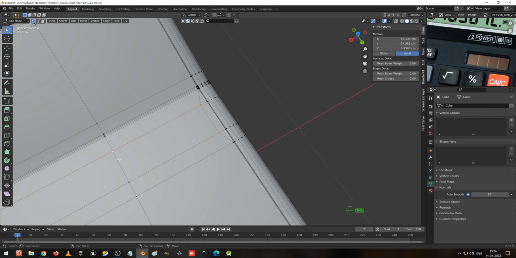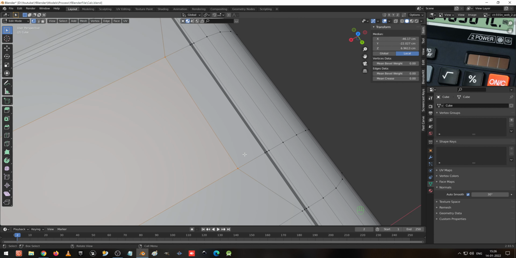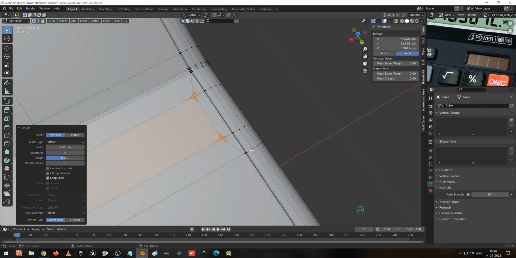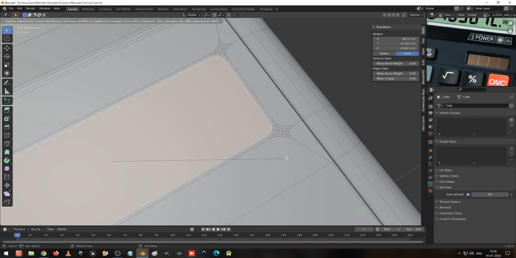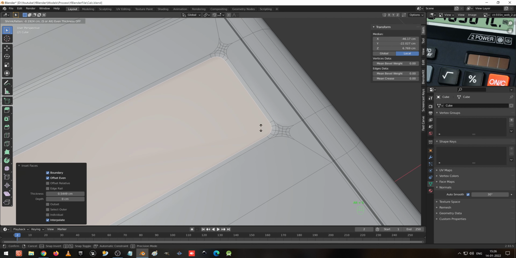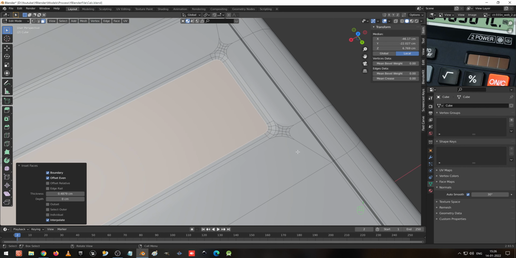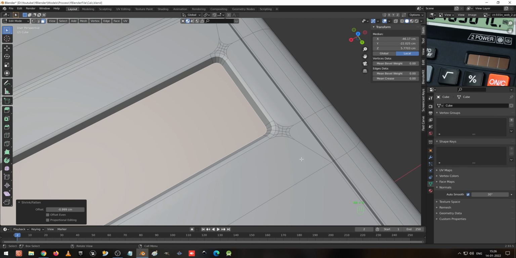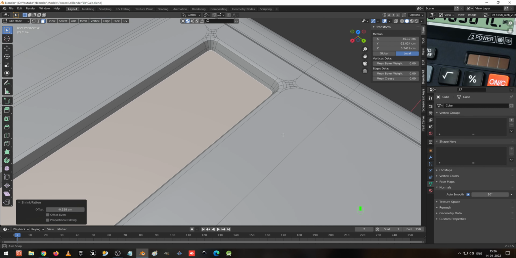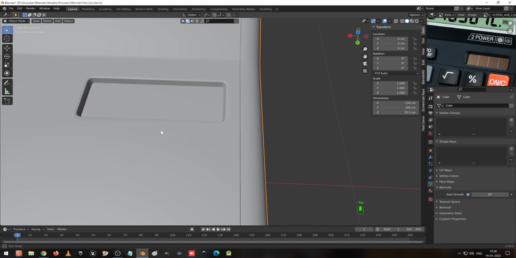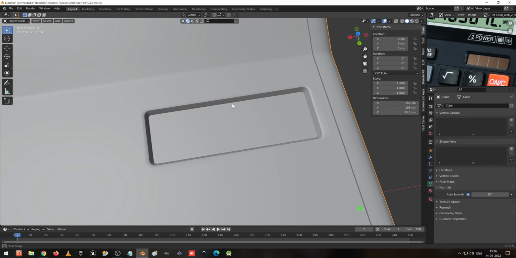Now I select these 4 vertices and press Ctrl Shift B to create a sharp corner design, and I press 3 on the keyboard. Now I press I to insert, Alt S a little bit down, I to insert, Alt S, I to insert, Alt S a little bit down. So now this design has been created.